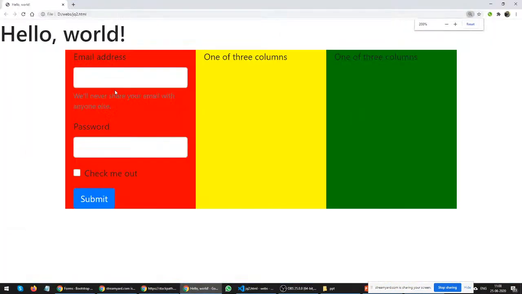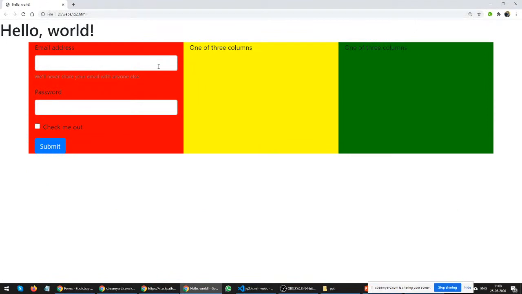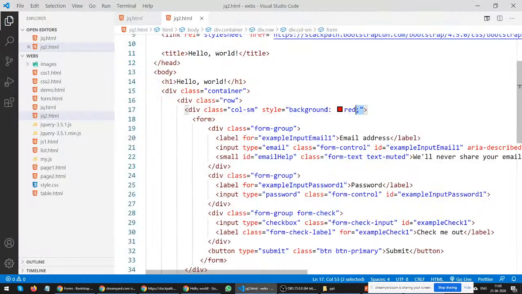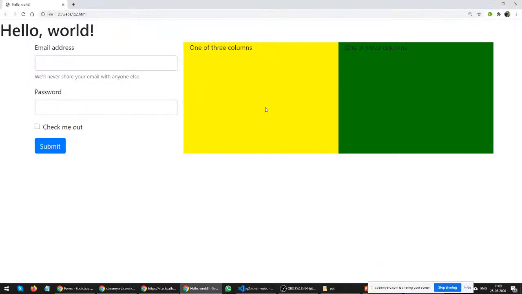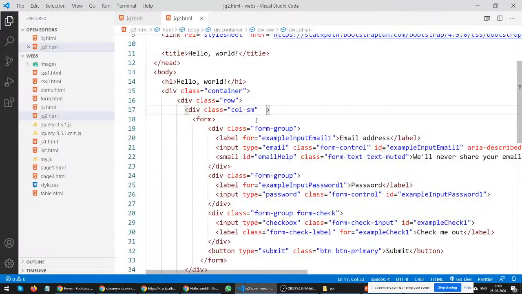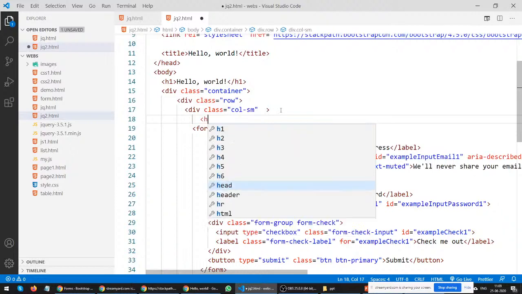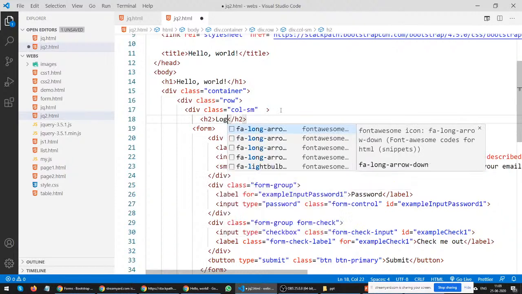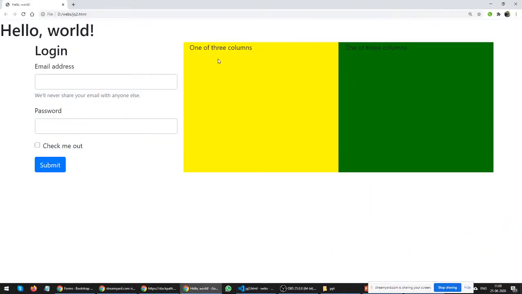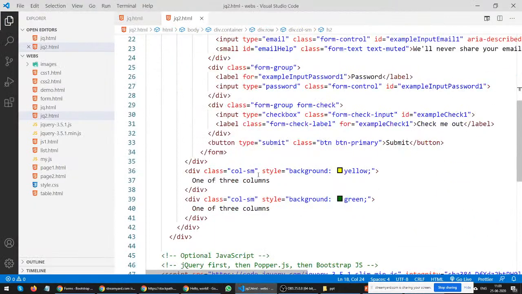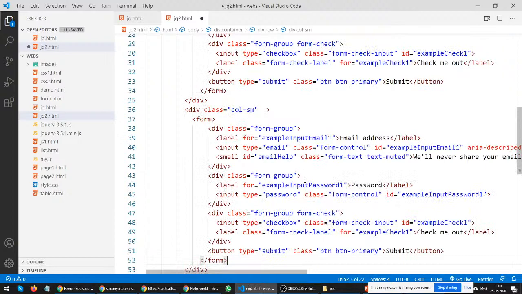So now you can see this is my login screen, but in red color it doesn't look good, so simply change this color. So this is my login, right? So here you can specify this is my login, let's say h1, and let's say if I want to specify it in yellow color, just change this color and